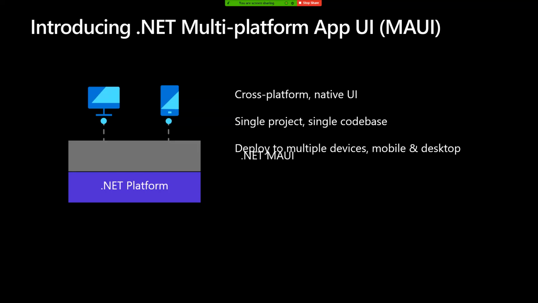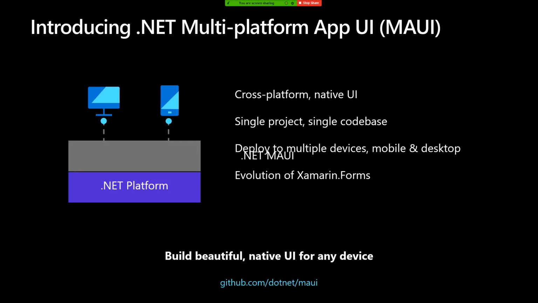So one of the great goals with .NET MAUI is that we want it to be a single project. I know I spent this whole beginning of this talk saying you're going to have an iOS project, an Android project, a UWP project. We wanted to have one project, one code base, and it's going to use the modern project system. You're going to be able to write all your code there and deploy from there. If you need to do platform specifics, you'll still be able to do that, but you won't have to worry about the overhead of having multiple projects in your solution.